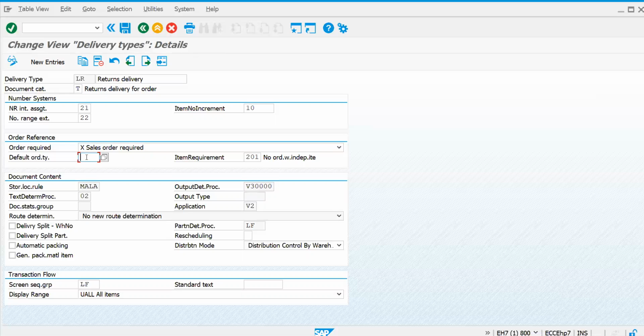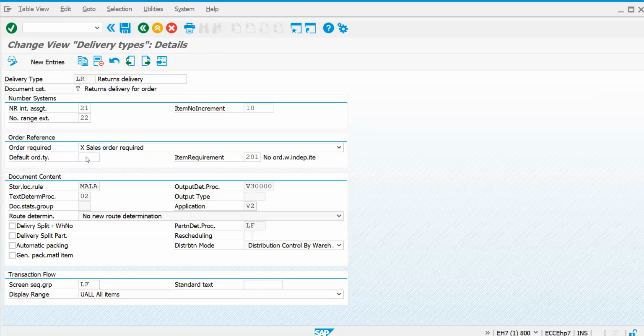There is nothing to schedule, nothing for stock availability check and all those things. It need not determine your quantities, and it need not determine your schedule line dates. It can be fixed altogether.